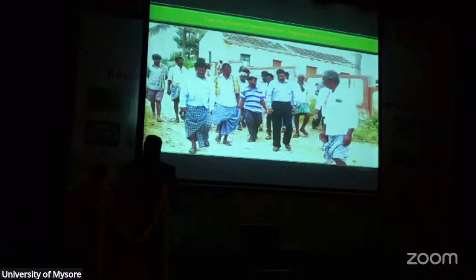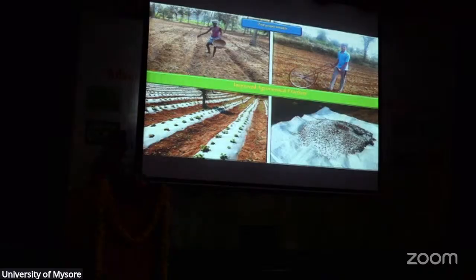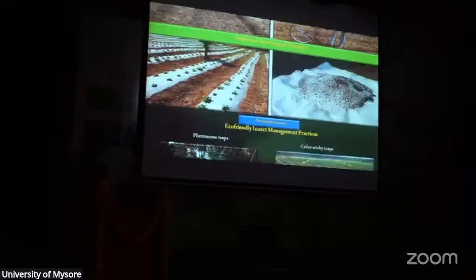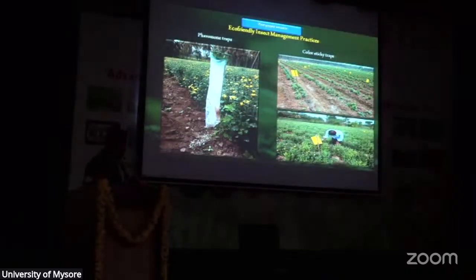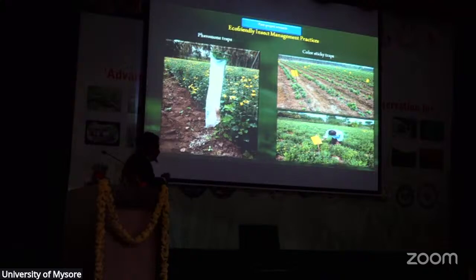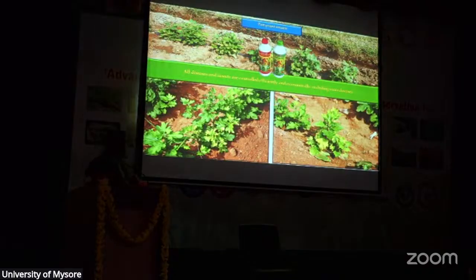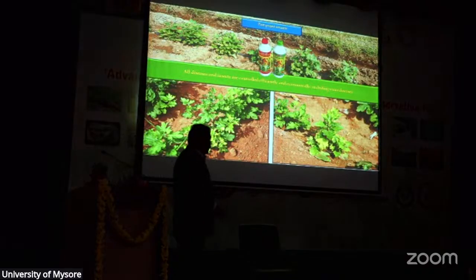So when we entered that village, we took the trust of the farmers there, and they agreed to follow our advice and guidance and use our technologies. We brought in so many technologies, including non-chemical methods of insect control like pheromone traps, sticky traps, etc. And we introduced Power Plus, which is the world's first patented antiviral product, which is basically a biostimulant.